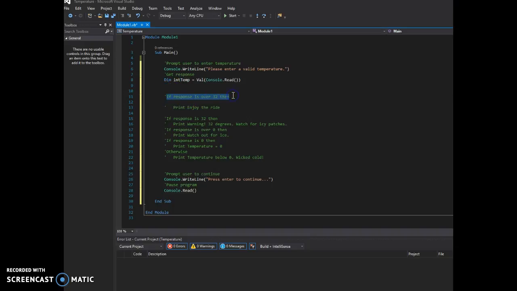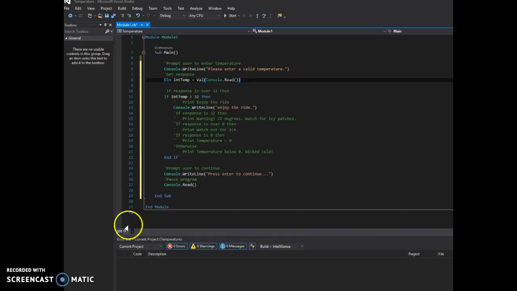Okay, so far we've done a single if statement, and basically it's much like this. If the temperature is over 32, so it's above 0 degrees Celsius, print enjoy the ride. Okay, so now if we run that,